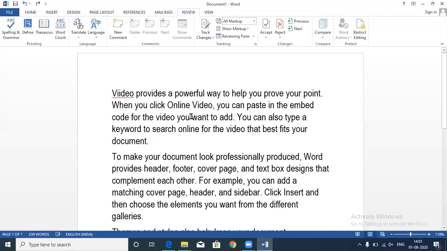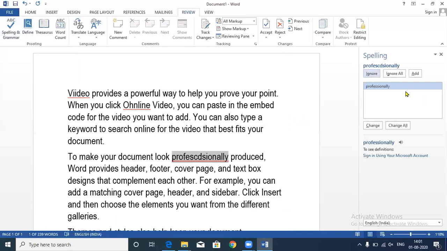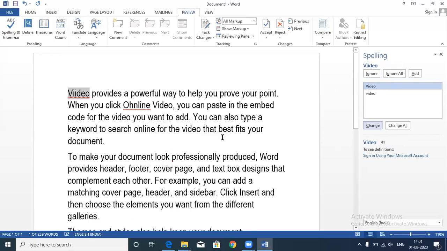Okay, for example, now you have made two or three mistakes. So you will click on spelling and grammar. It will show your mistakes one by one. You can see on the right side of my page, it is correcting here. This spelling could be this. Professionally, you wanted to change it with this. Now the spelling for this word could be video, or this word could be there, with which you wanted to change. I wanted to change with this. You can change with that. Then again, it is giving help for another word. You can click on change it.